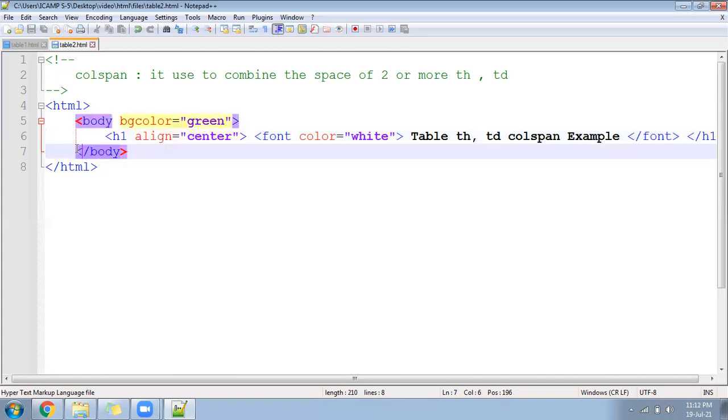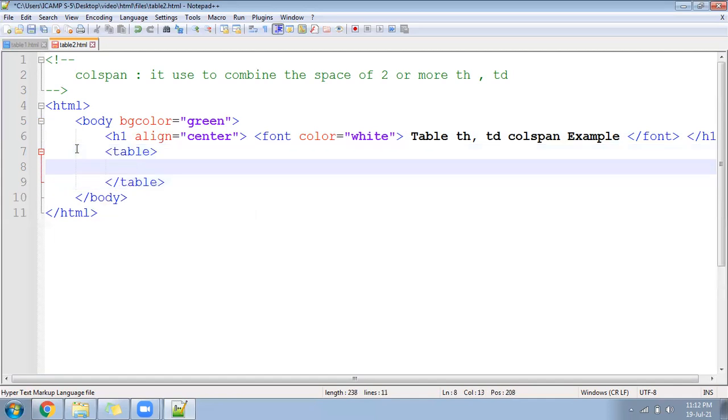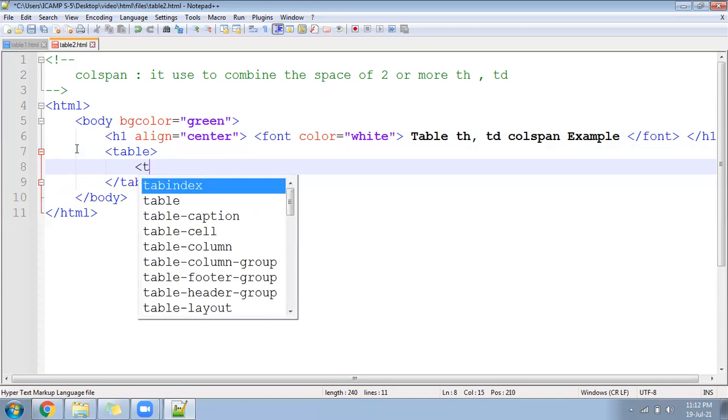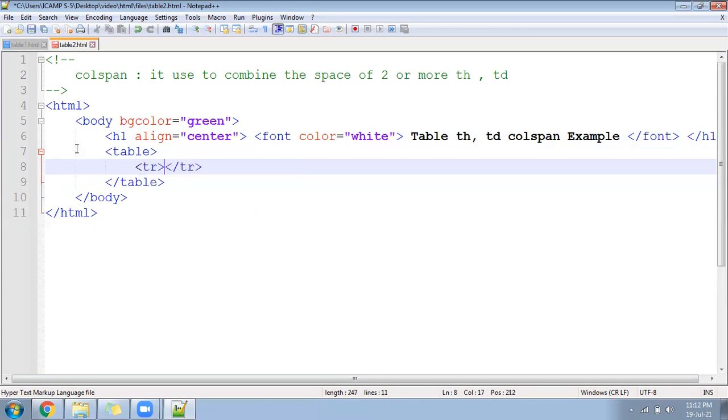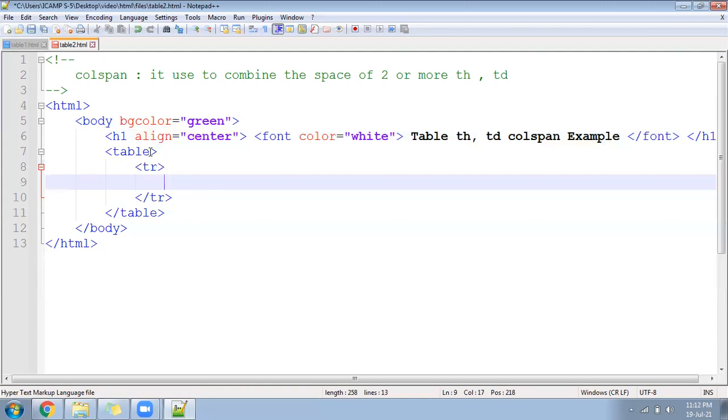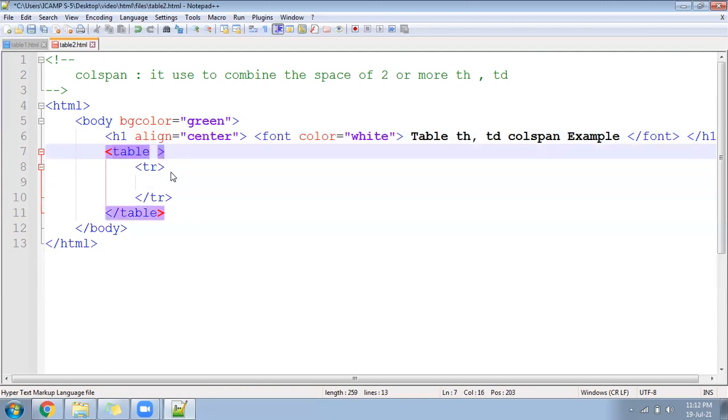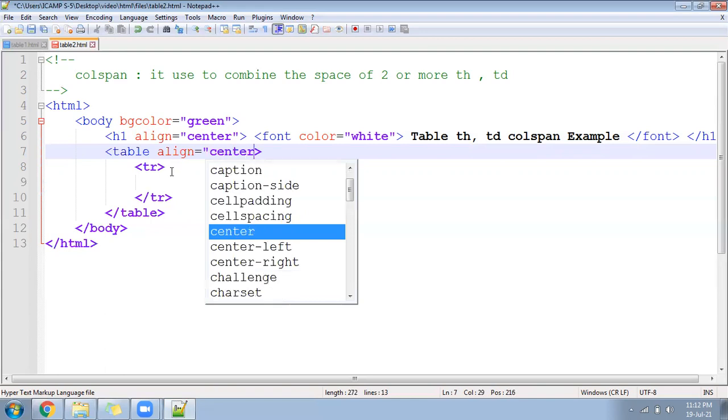Now, next you write a table. Inside the table, I will not follow the caption here. I will start directly with a tr. For this table, I will apply a property called align and center so that it will come in the middle.